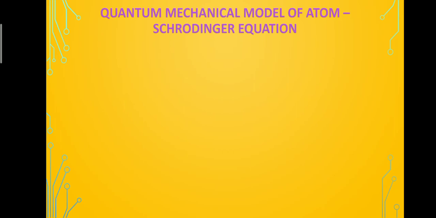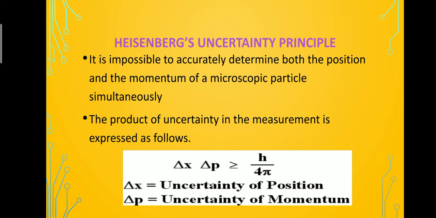And this uncertainty principle, so why we are doing all those things is, we are considering the electrons, we are studying about the electrons, and it is a microscopic particle. And while studying the electron we cannot exactly find out the position of an electron as well as its momentum at the same time.